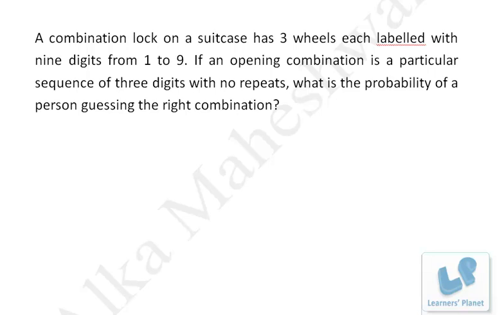Now, what will be the total number of cases? See, the 3 digits are different from each other, right? So how many options do we have from 1 to 9? See, we have 3 places. For the first place we have 9 choices, for the second place we have 8 choices, and for the third place we have 7 choices, right? So in all, 9 into 8 into 7,